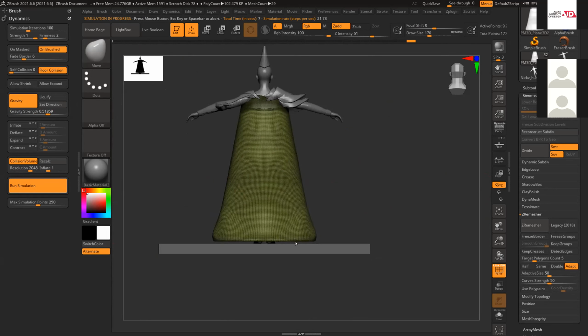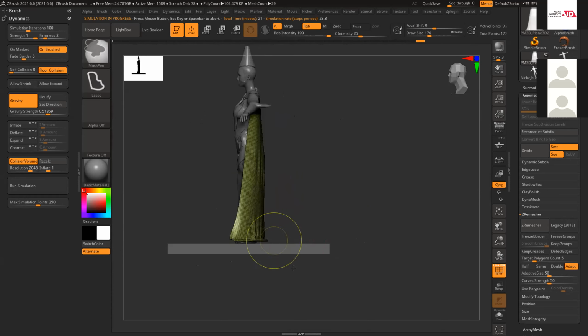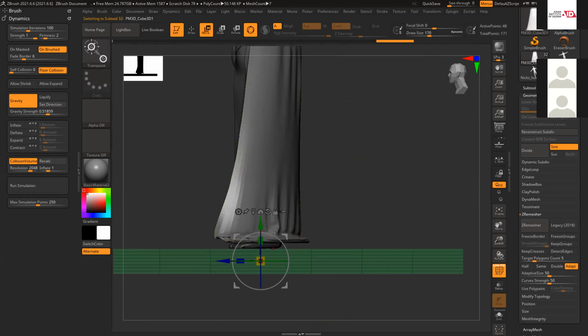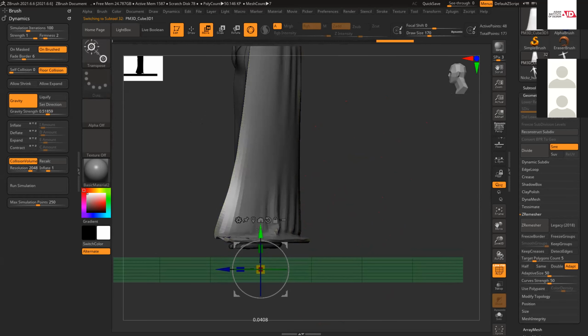So you can see the collision part. It's slightly strong. If I want this thing to fall on the surface, what I can do is select this one and push it slightly down.